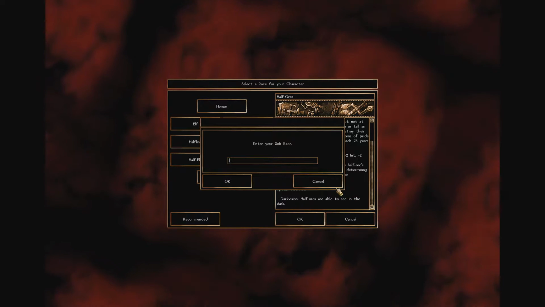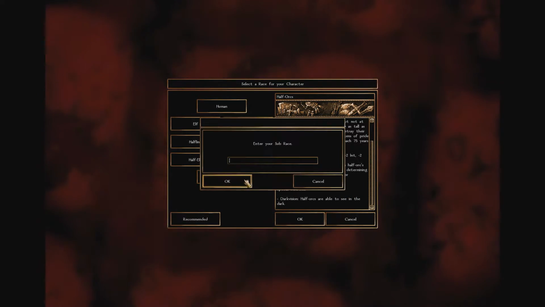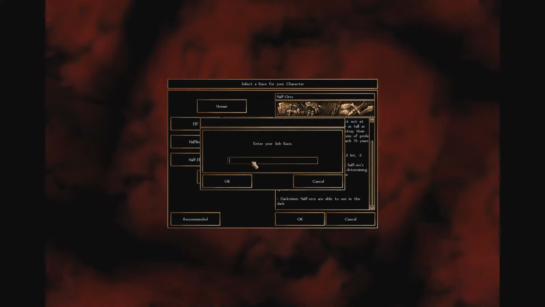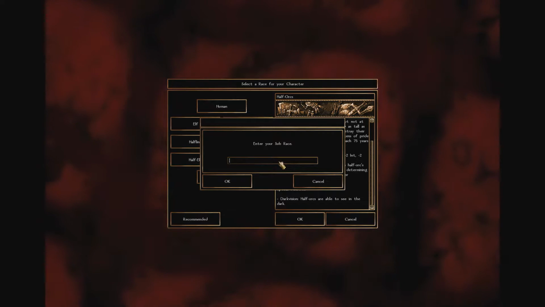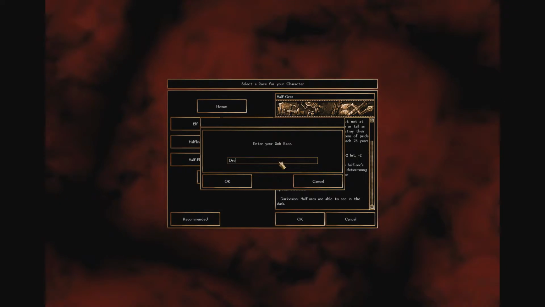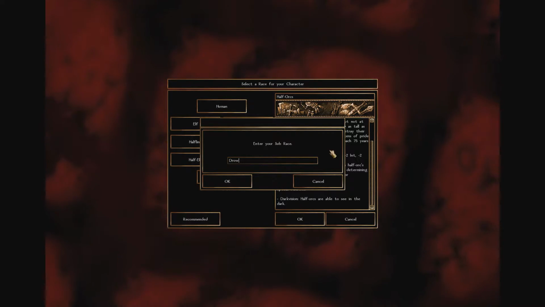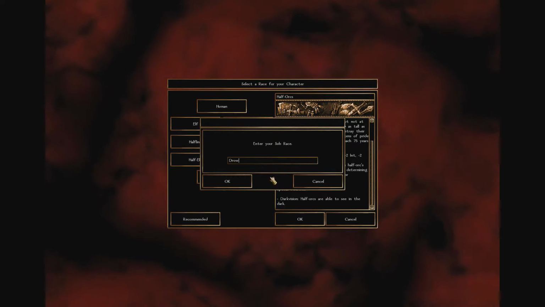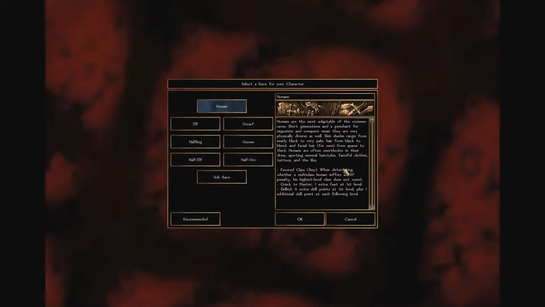You can use sub-races, and I didn't really use them, but from what I understand, if the module supports it, you can, for example, write drow, and it would choose a special sub-race for you. That's a drow, basically a dark elf. But we'll be choosing a human